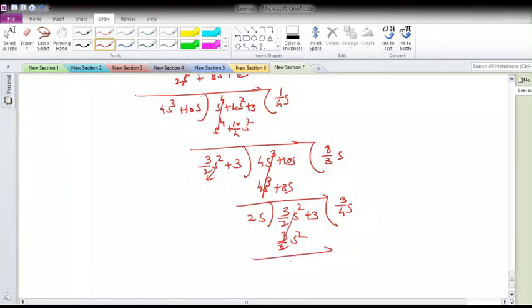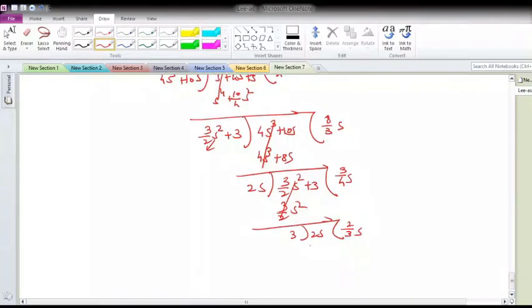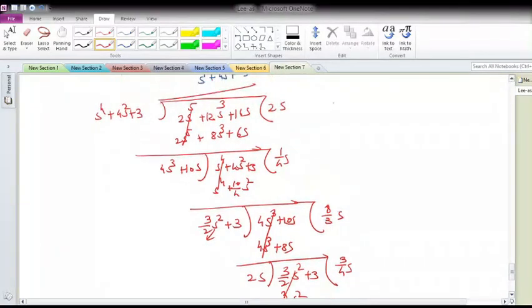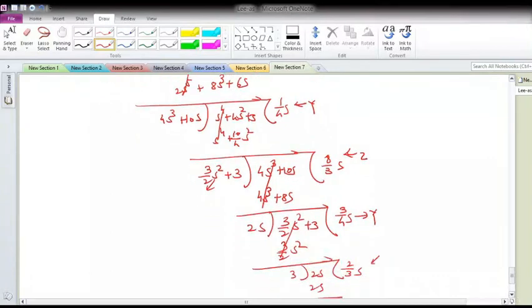This will vanish. Now it will become 3. This will be 2s and I will get 2 by 3s here. Okay. So with this you will get 2s and this will be 0. Okay. So just see what it is, starting from the beginning. This is your impedance, this is admittance, this is impedance, this is admittance, and this is impedance. Yeah, so your remainder you will get as 0.